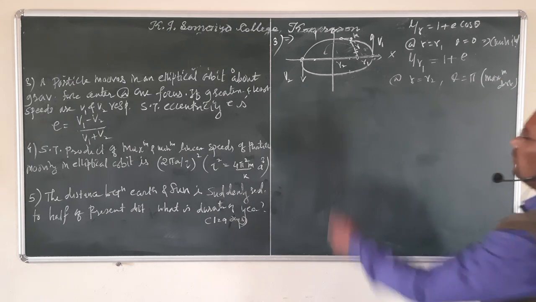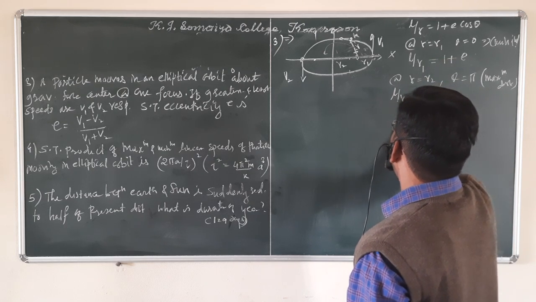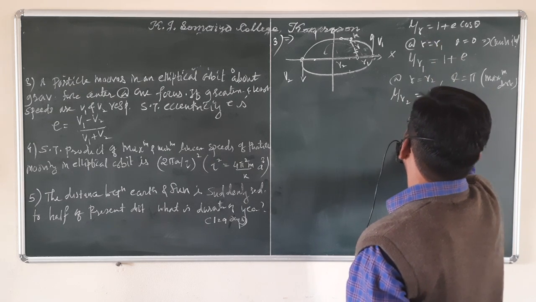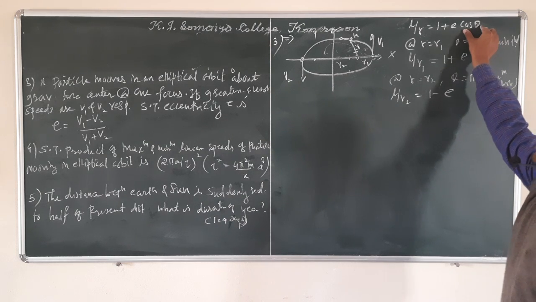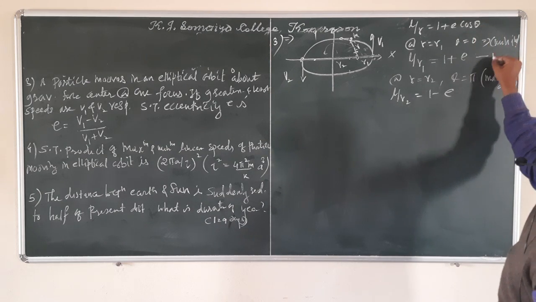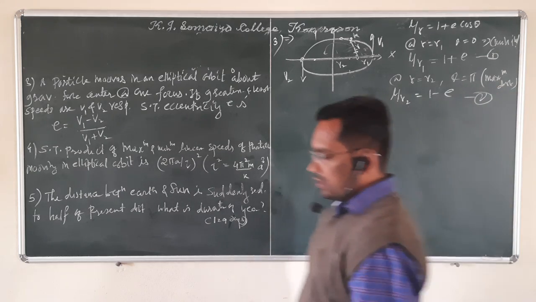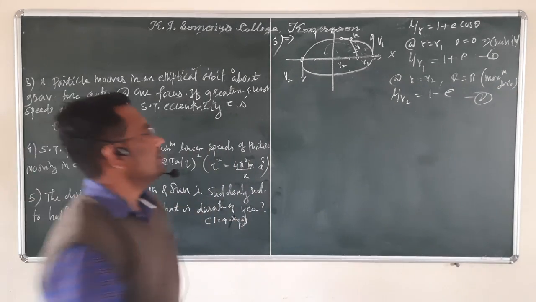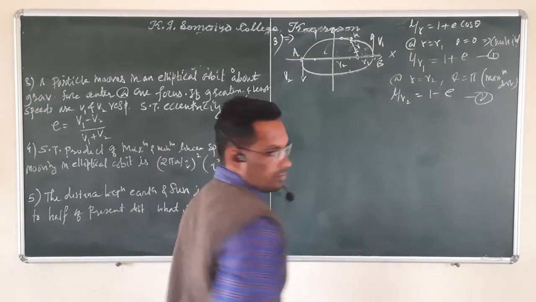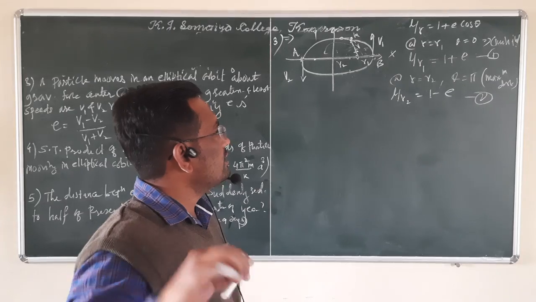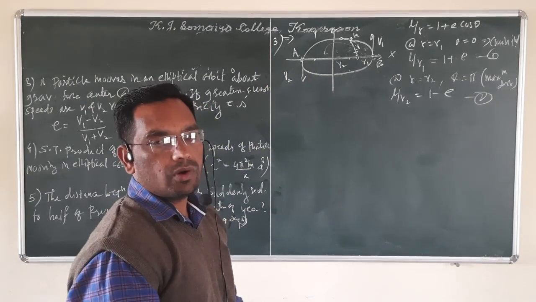Now, if you put that in this equation, what you will get is L upon R2 is equal to 1 minus e, because if you put the value of theta as 180 degrees, cos of 180 becomes minus 1. So this is equation 1, this is equation 2. Now suppose this point is A and this point is B, then from point A and point B, what can we say,